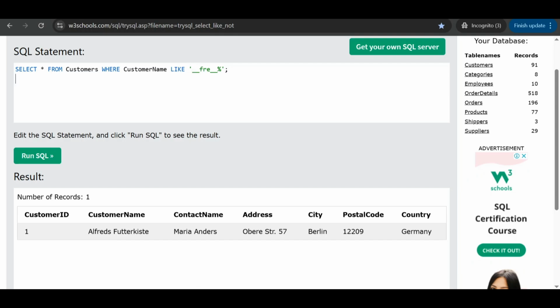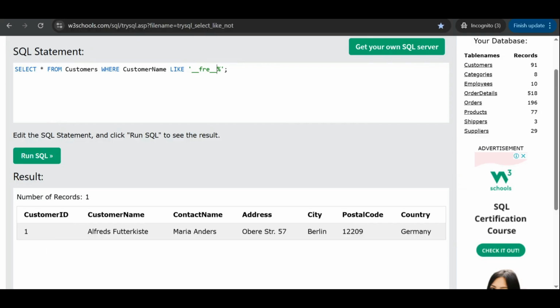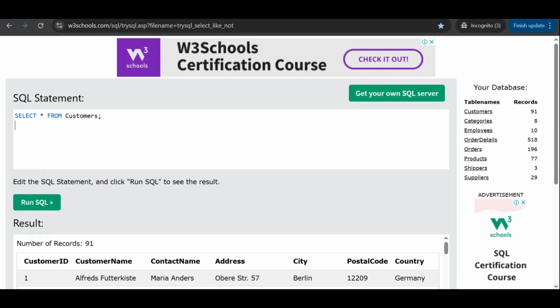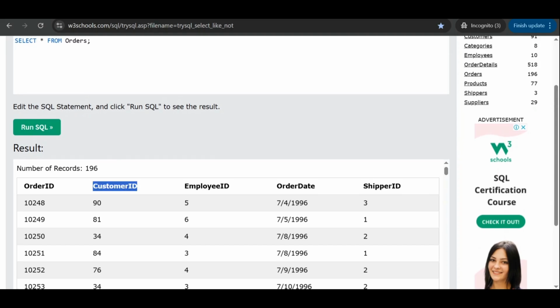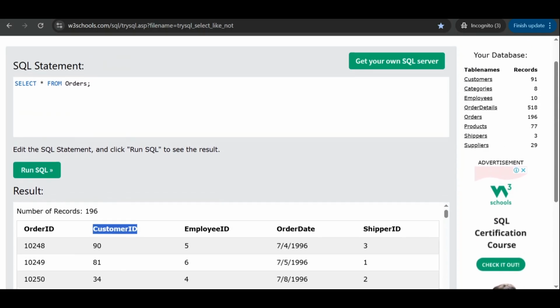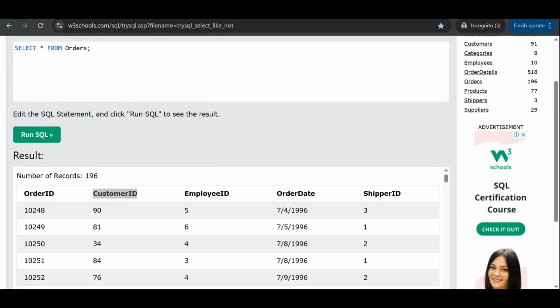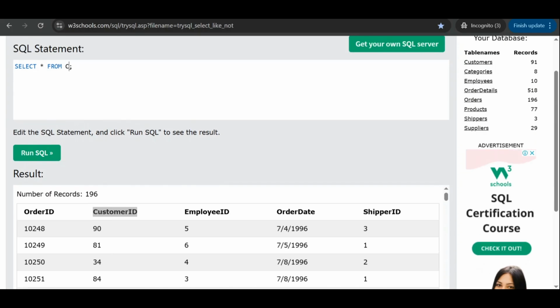Okay, that is for the LIKE operator. Now for IN and NOT IN select, I will use two tables. I must use two tables, for example customers and orders. I will select all customers first, and orders must have a relation with the customers table. I will use customer ID as the relation column.